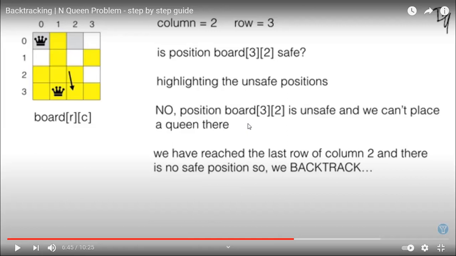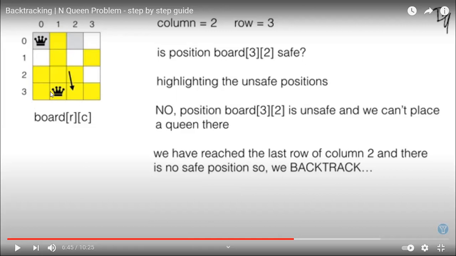So we backtrack, and whenever we backtrack, we remove the last placed queen, right? At the last place we have placed a queen at position 1 and 3, so we can say 3-1 at this position.